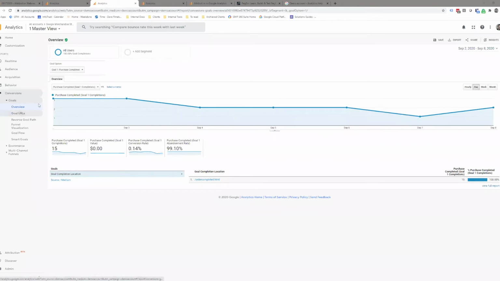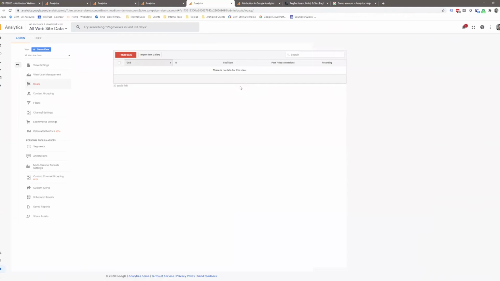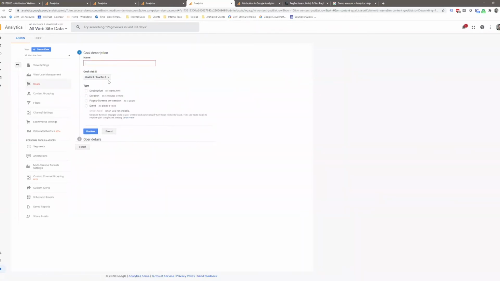Cool. Okay. So when it comes to goal creation, I don't want to spend too much time on it, mostly because it's something you'll probably cover elsewhere a little bit better. But under these new goals here, you have a bunch of different options. Destination is essentially if they reach a certain page, it'll flag it as a goal. Duration, how long they're on the site in terms of time. Pages or screens per session, which is essentially page depth. And then finally an event. Now an event,